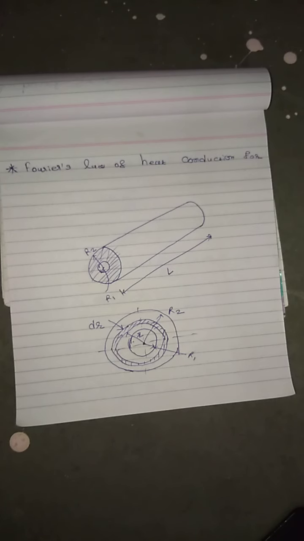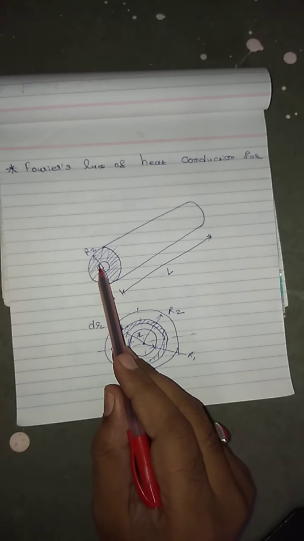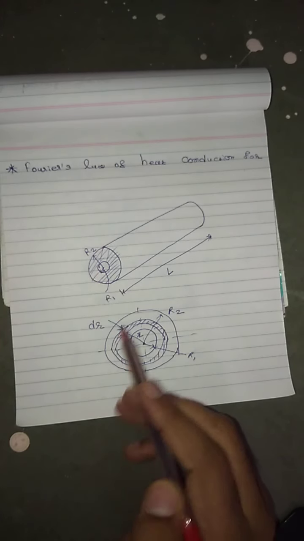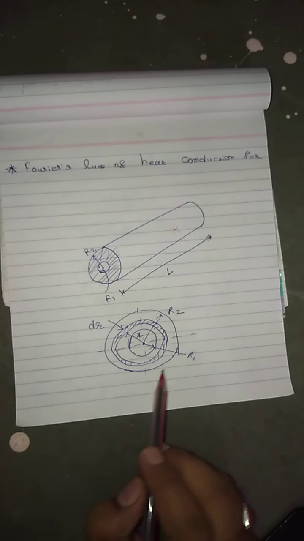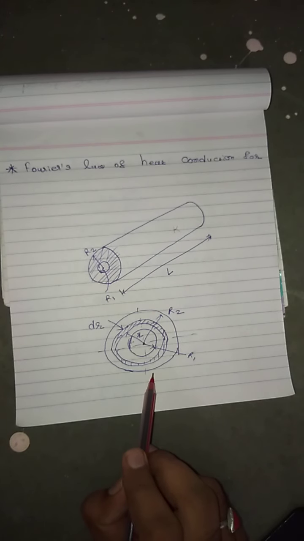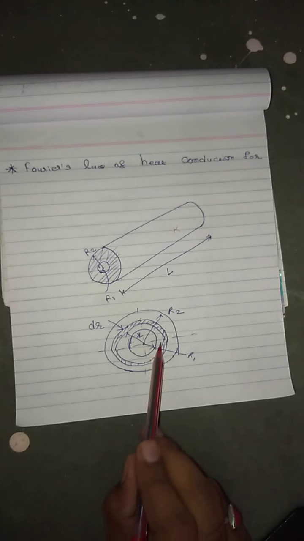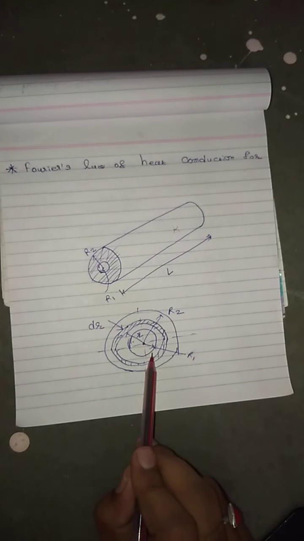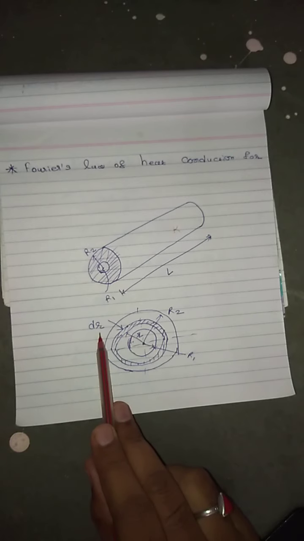in this theory. Consider one cylinder having length L, internal radius R1 and external radius R2. The thermal conductivity for this material is K. Now, as we considered one element in the plane wall, we will consider the same here in the cylinder. R2 is the outer radius, R1 is the inner radius. Between them, we consider one element at radius r having a radial thickness dr.